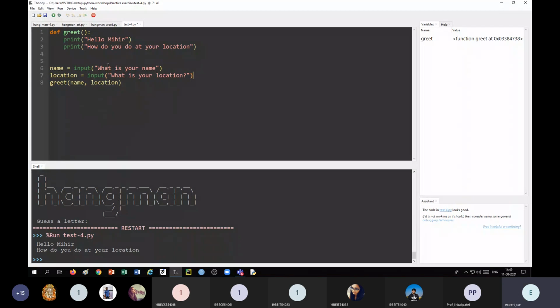Now here I want to use two corresponding variables. I can say name1 and location1. Even I can take the same names, but just for readability I take different ones. So instead of writing this name here, we will write name1, so the exact name will be printed, and here I want to use location1.